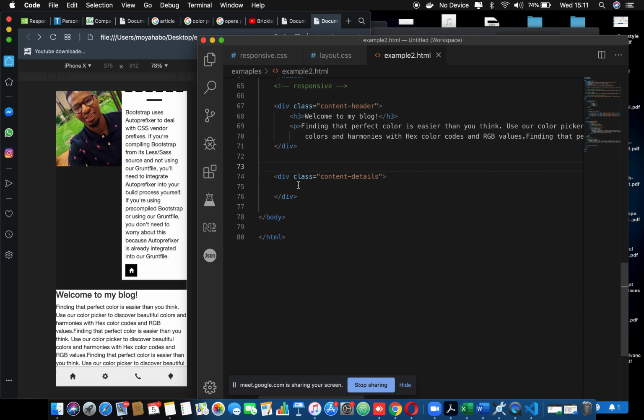Then let's go here and add the new content. Content details. Let's add on the content details. Let's add images. Let's add two subclasses. The first one is going to contain images. The second one is going to contain the paragraph and one image. So we're going to have here a div class